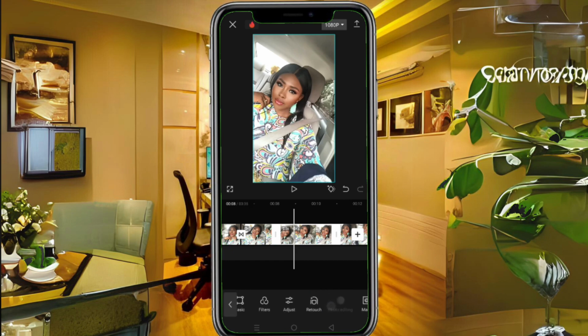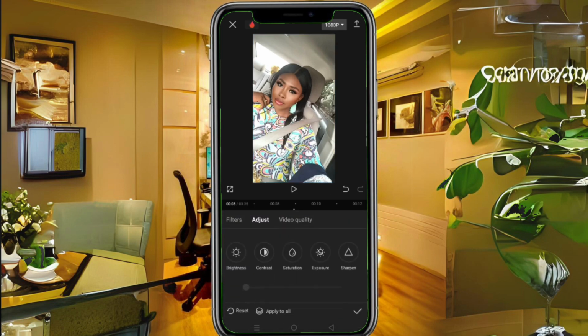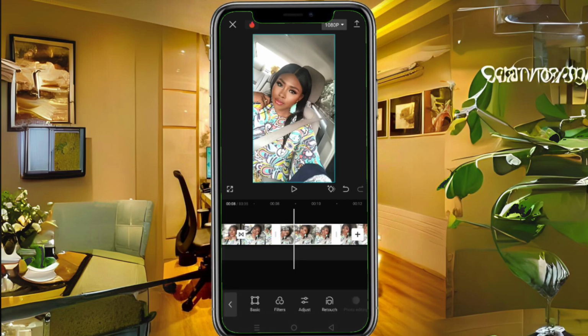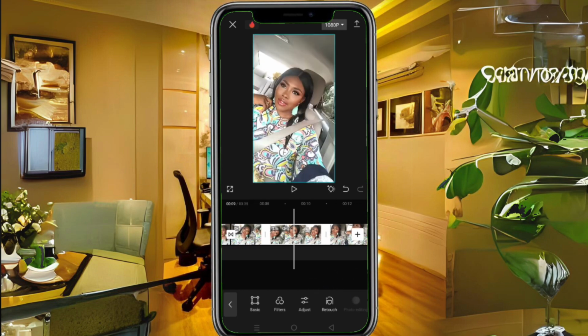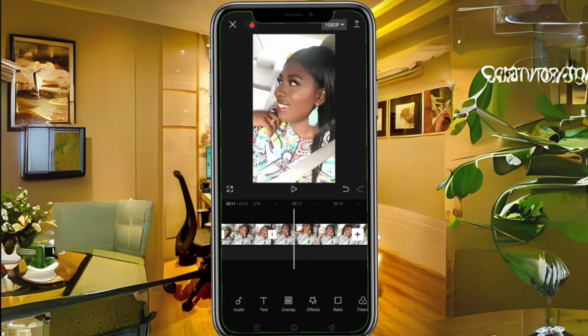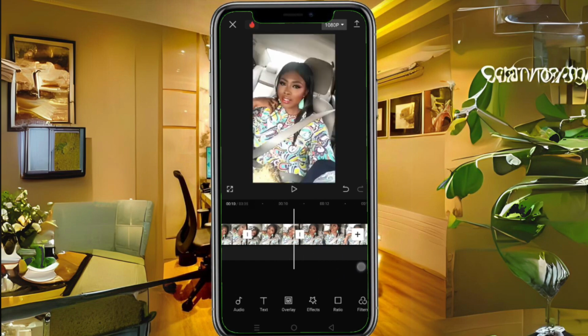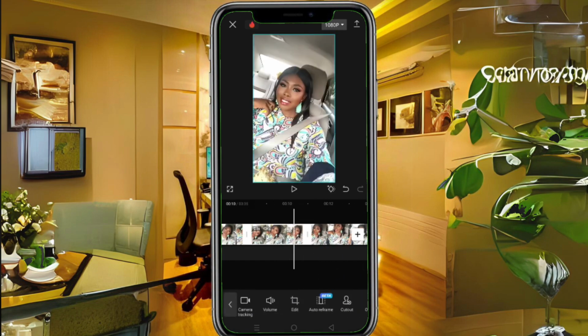So you can add filters. When you add a filter, you can add it directly to a clip. And any adjustments that you make, for example, if I sharpen this a little bit, just like this, and I click on apply, you can choose to apply all. You can apply all to all video clips. Okay, so let's tap on it again and move to,